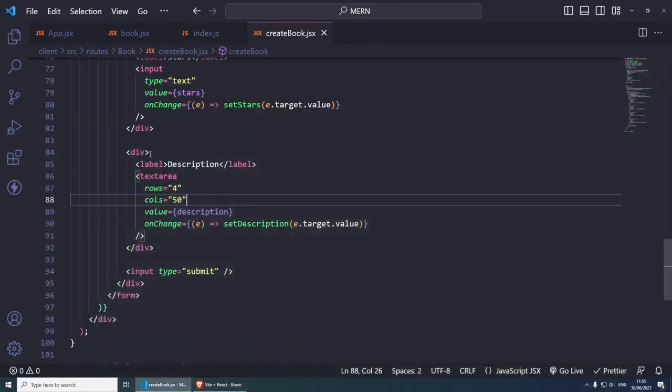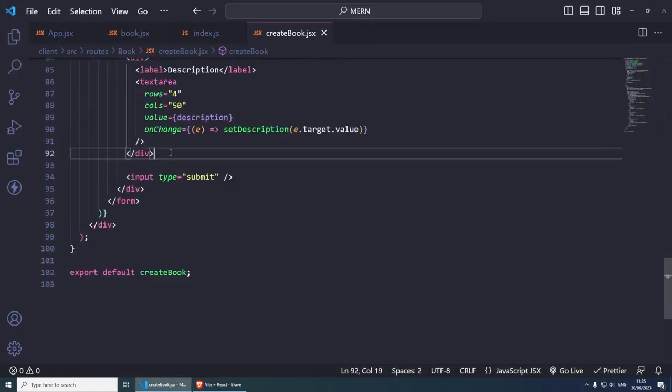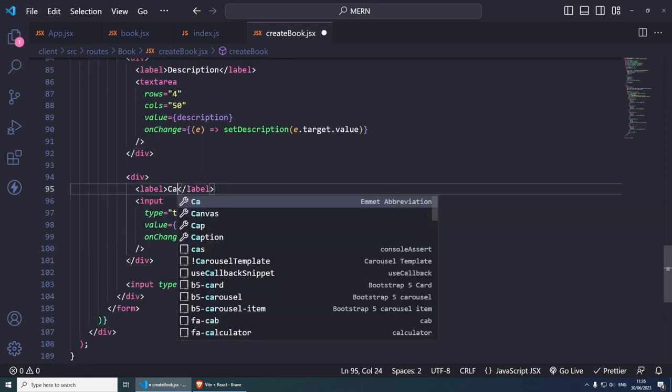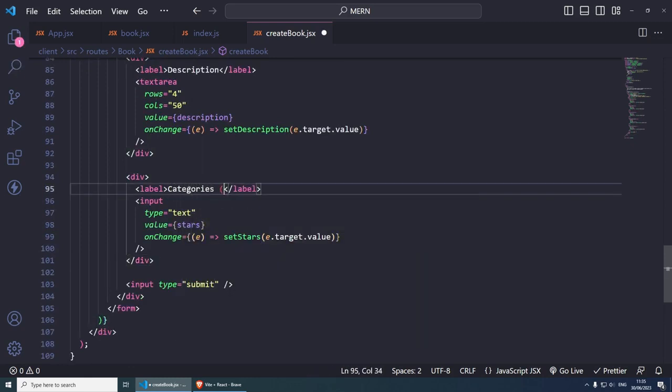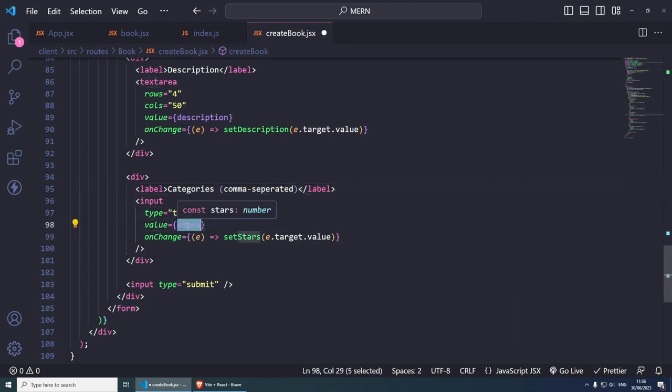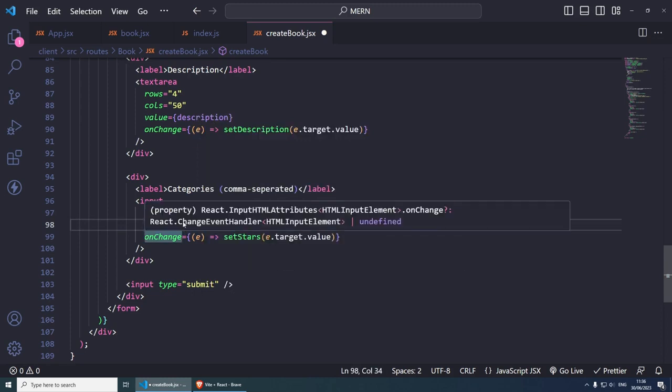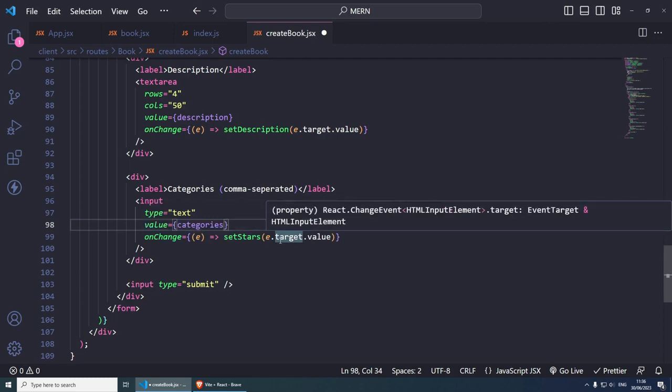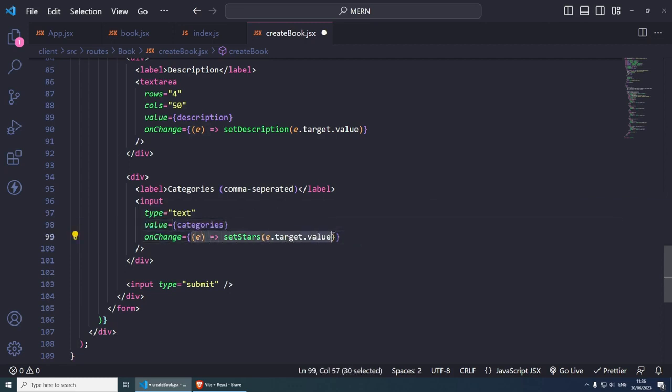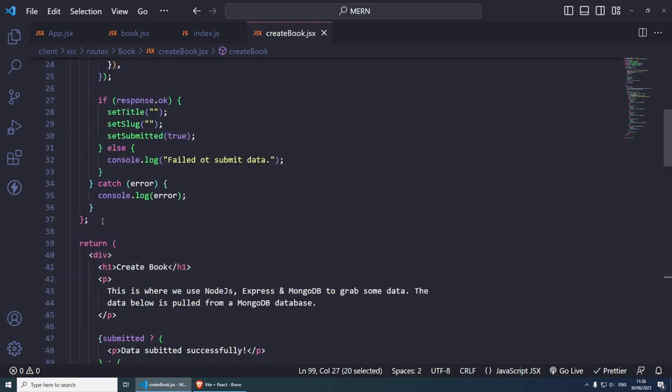Let's do the categories. I'm gonna do an input, so I'm gonna grab this one here. And I'm gonna cheat here and do comma separate. This is gonna be equals the type of text, value, categories. And instead of onChange, this is gonna be a little bit more complex. And I'm gonna do it as a function. So I'm gonna do handleCategoryChange. Copy this and let's create this function. So maybe around here,